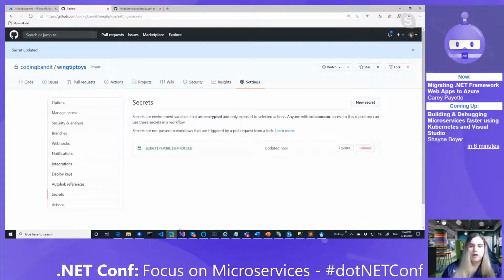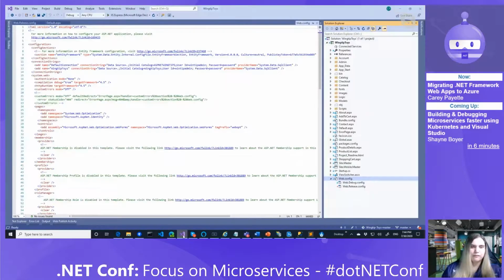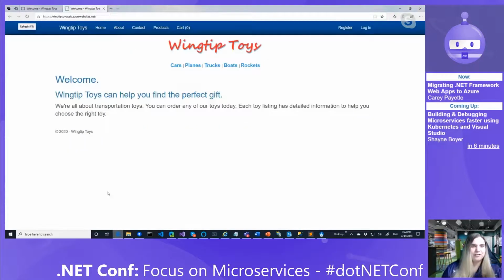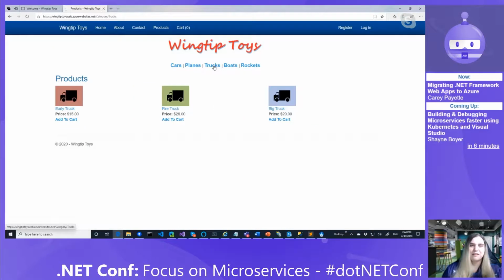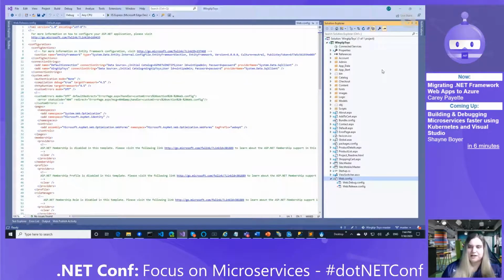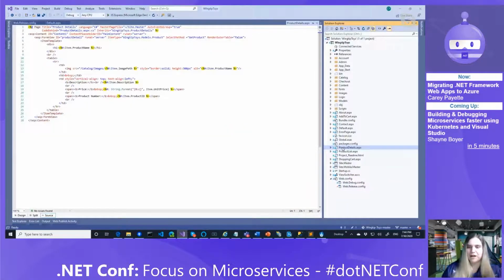So if I open up Visual Studio now, and I want to make a change, well, first I better see, yeah, here's our wingtiptoys.web.azure.com, and you can see that my data is coming back because we're currently pointing to the Azure connection string. All right, so let's go ahead and make a change so we can watch this pipeline workflow work, the GitHub